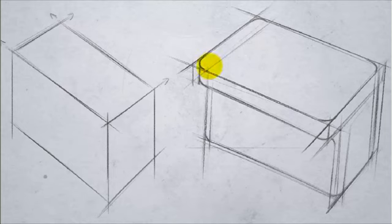Okay, so we're going to continue to create some form here. I'm going to bring this down. You can see where we have the radius, so it sort of joins the shape here. Now I'm going to draw a section so I can understand what this form is going to do. So the section is coming through here, and I'm going to describe the form as having a relief through here,